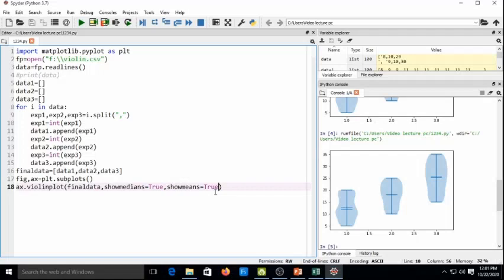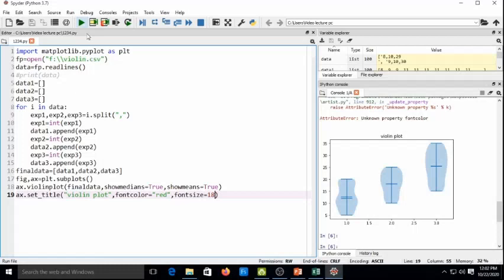Now, to set title, x label and y label, I have to write ax.set_title, then the name, that is violin plot. You can use here font color, for example, color is red, font size, for example, size is 18.